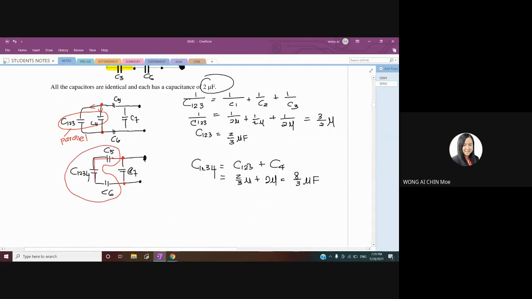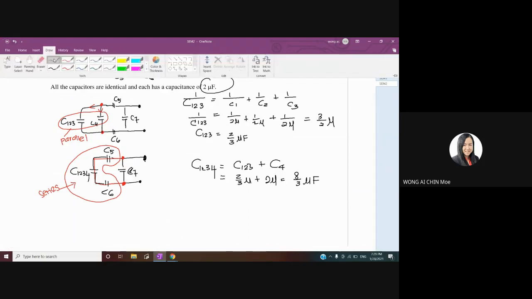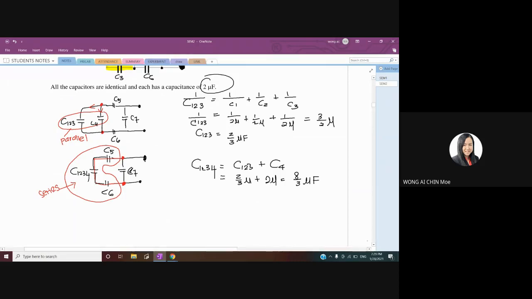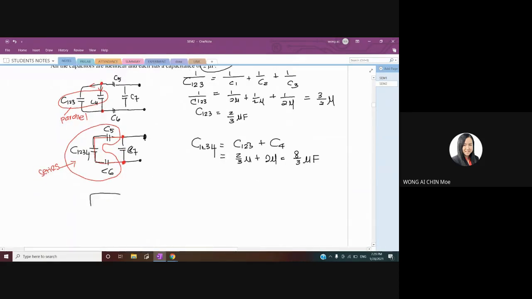It's connected in one wire, from the junction. So we do series again for them. So this is connected in series. We need to draw it or simplify it. So after we combine, you will get